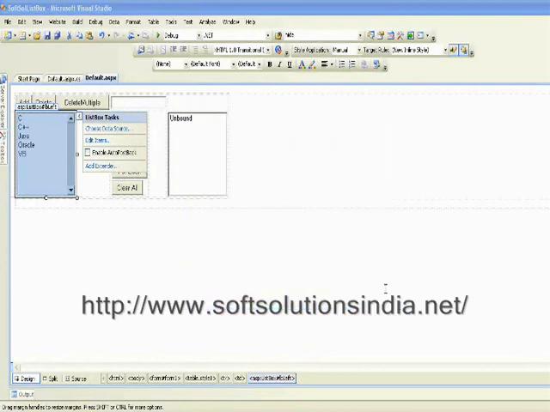So whenever we are deleting an item from the list box control, we should delete the item from the bottom rather than